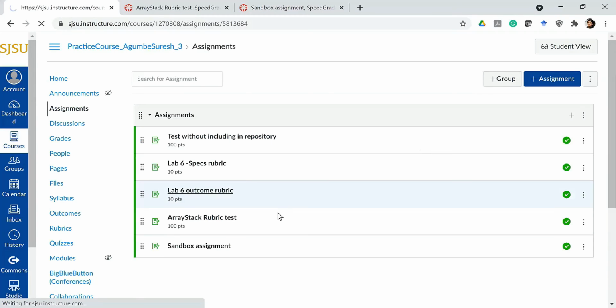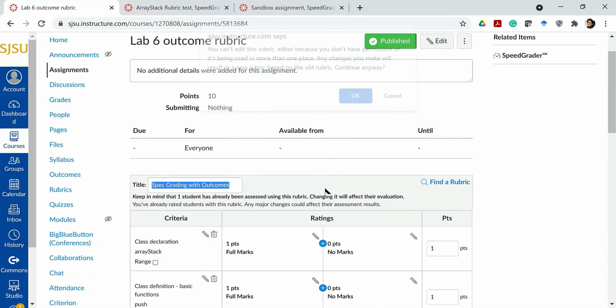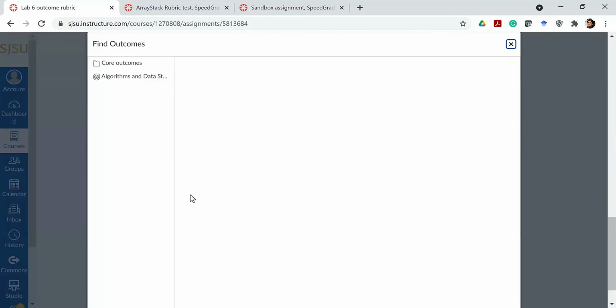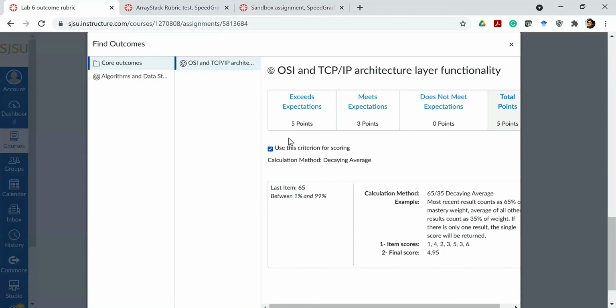So you can set up the rubrics as usual. Once the rubric is set up, you can add outcomes by finding an outcome. For example, if I want to add this outcome, I can select this outcome as part of the rubric. And the good thing is I can either use it for contributing to the final score in the assignment, or I can just use it to indicate whether or not the student has achieved the outcome. That way it doesn't mess with the final score, the number score, if you don't want that behavior in your rubric.